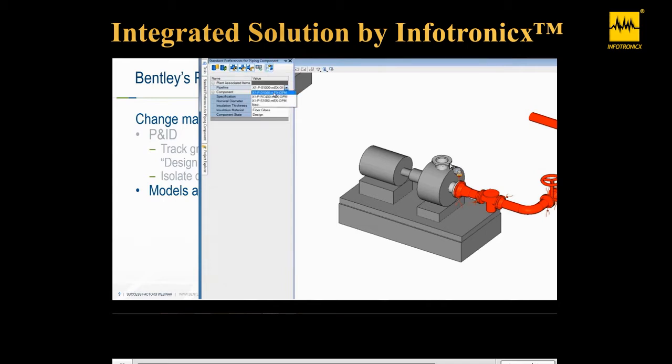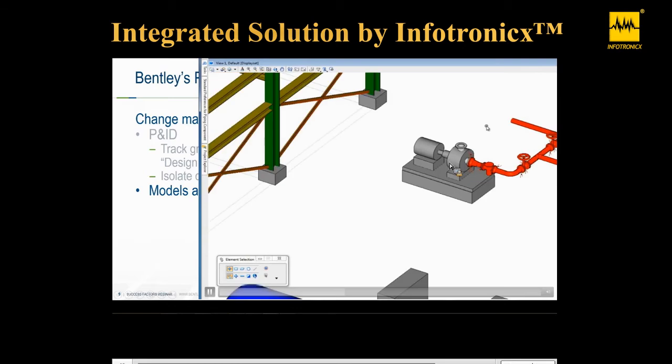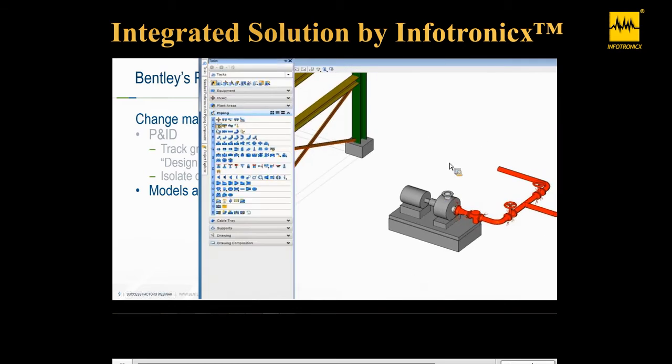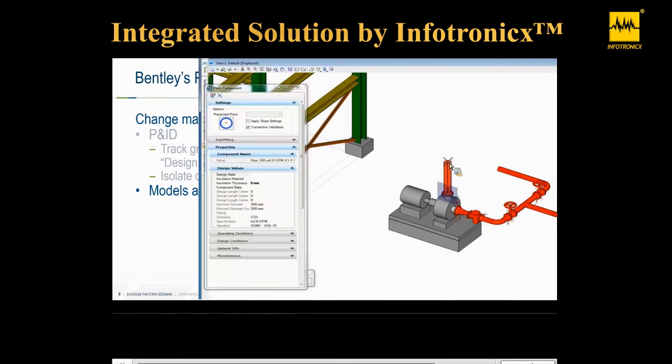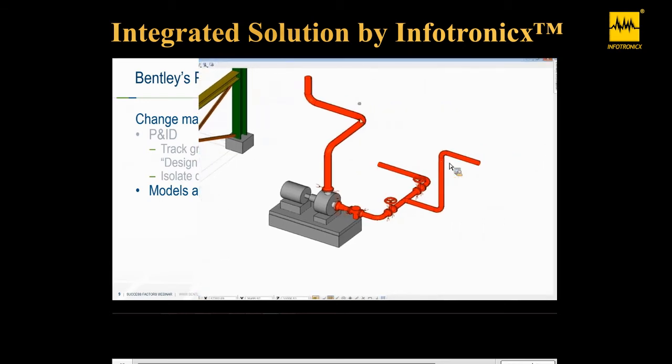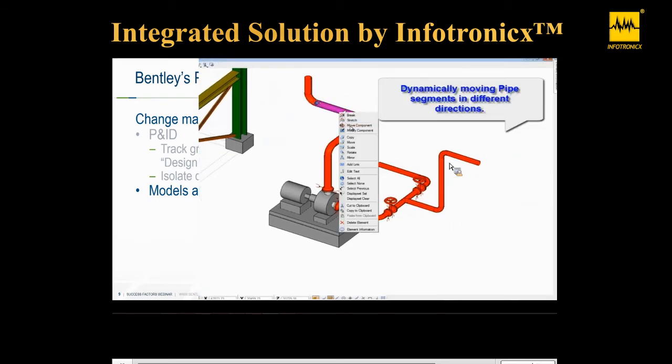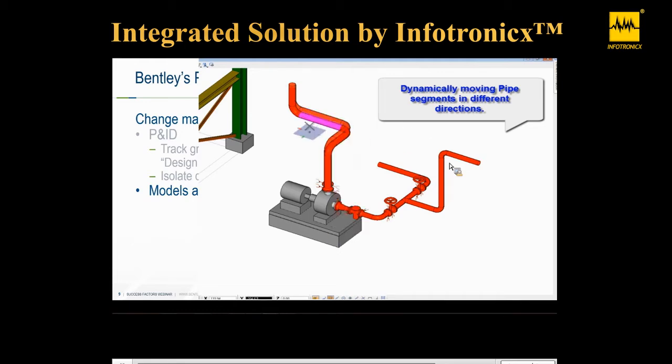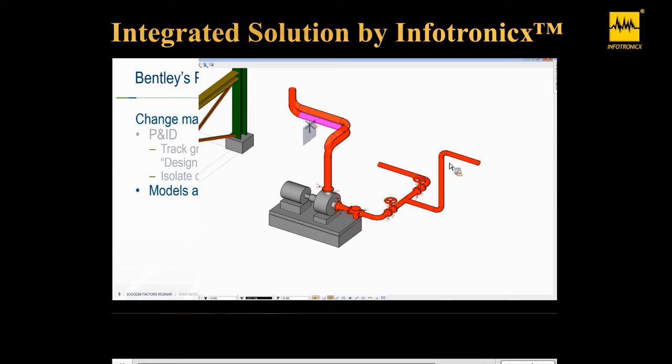After we route another little line here, we'll interactively edit the line, because the reality of it is we'll need to massage the design after it's originally placed. Notice the appropriate flange is mated to the nozzle. It's reading the data off of the intelligent nozzle. Now that we've got the routing, we can select different sections and just drag them to where we need them to go, keeping everything connected. There we go. So we're working in 3 dimensions, but we're pretty much just grabbing things and moving them where they need to go without a lot of manual